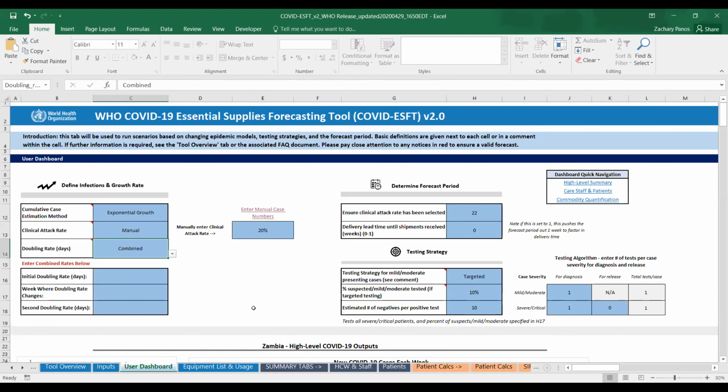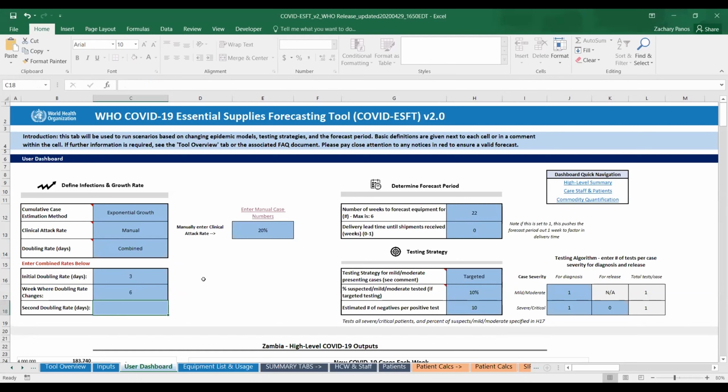And this is simply providing the user with the ability to change the doubling rate at one time point in the forecasted period. So here we could identify an initial doubling rate, which is entered by the user. Here, for example, 3. We then specify the week at which the doubling rate will change, and you enter the number here.